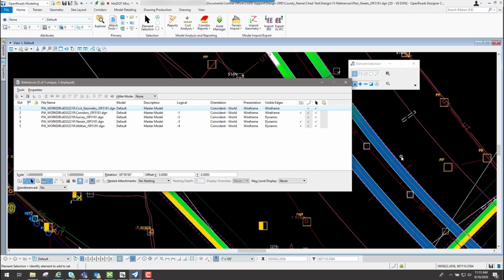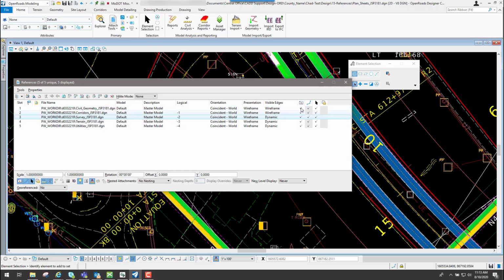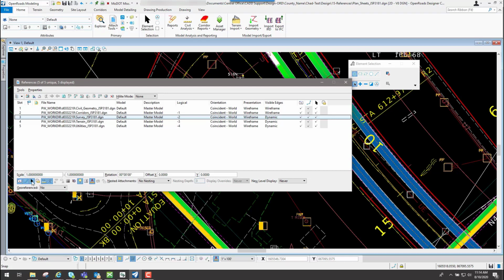Very similar to your levels where you can turn levels off and on. So that's what that particular icon will allow you to do. Same thing for this right here. You have these same icons right here. Those do the exact same thing depending on which one that you have selected. So I go to survey, I can toggle off the display of it, and now you'll see that it's turned off. I can turn it back on.